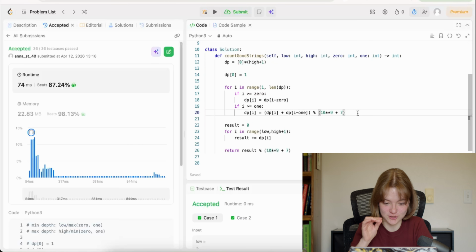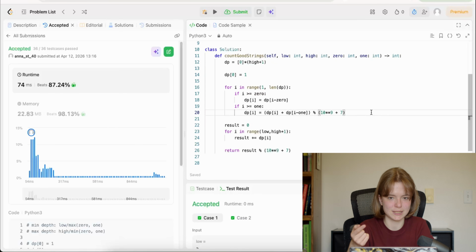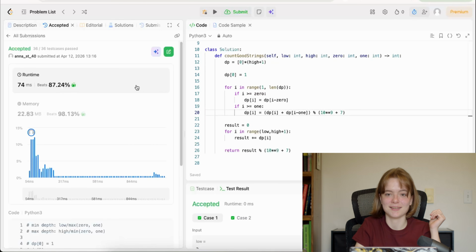My only concern with not implementing that in the first place was if the math would still work out with this kind of thing. But no, it does work out because you would only be adding things and it's on a loop. I don't know if that makes sense, but it's making sense in my head. Let's go. Okay, we did it. I'm gonna high five someone right now, but I have no one, so yay.